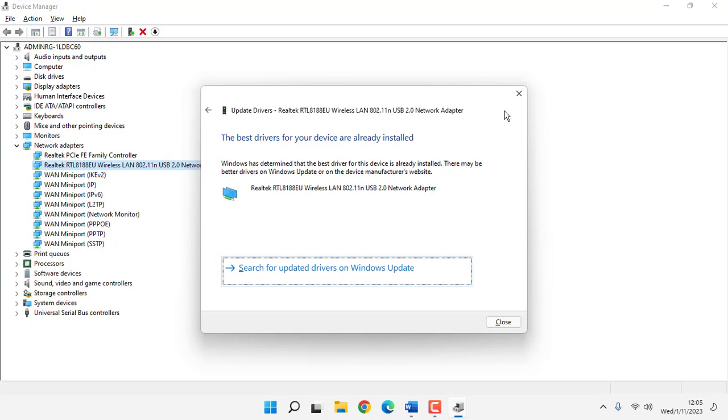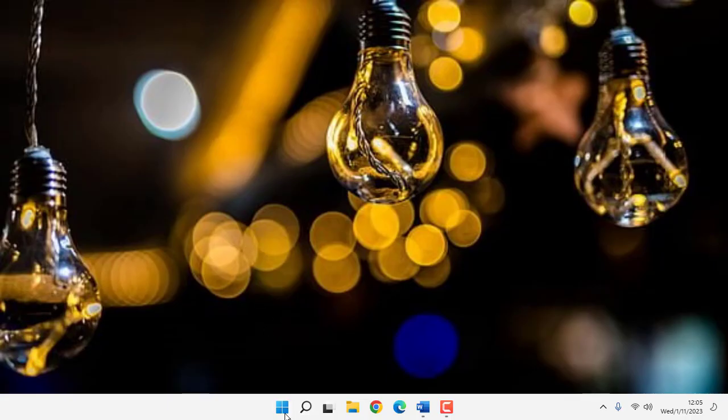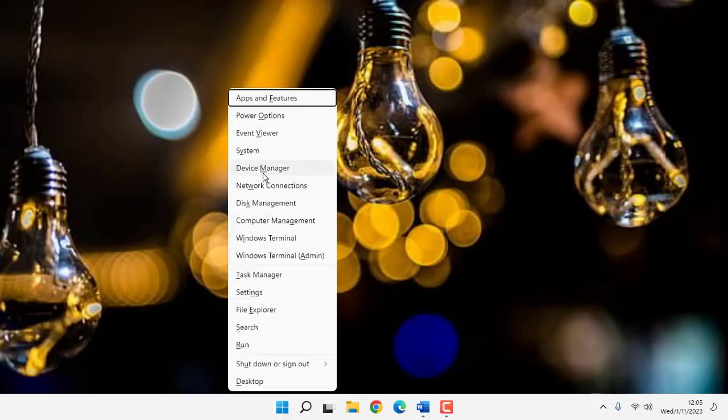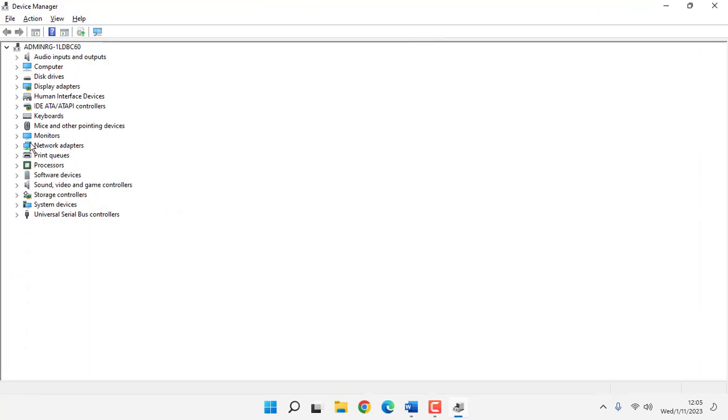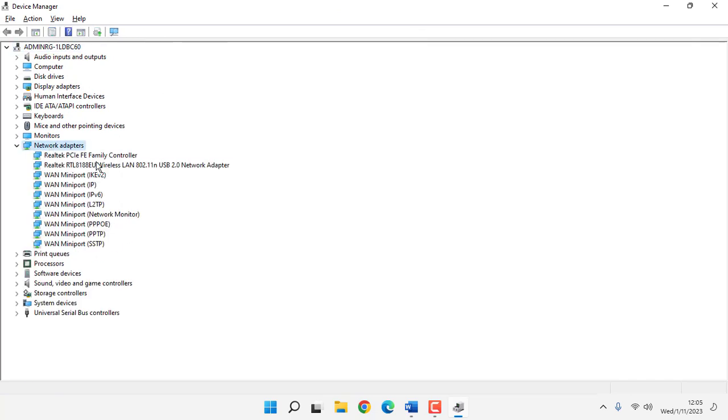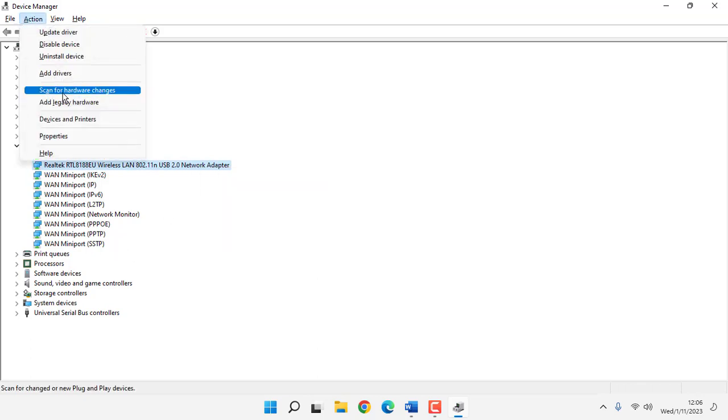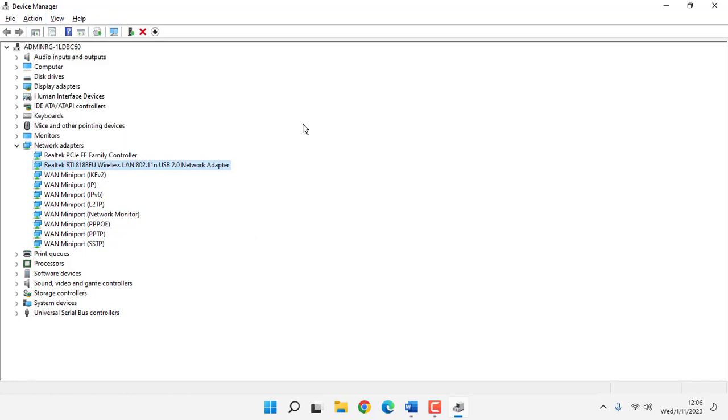then close this window. Again right click on Start menu, click on Device Manager, double click on Network Adapters, click on Uninstall Device. After clicking Uninstall Device, click on Action, then click on Scan for hardware changes. After doing this, close this window,